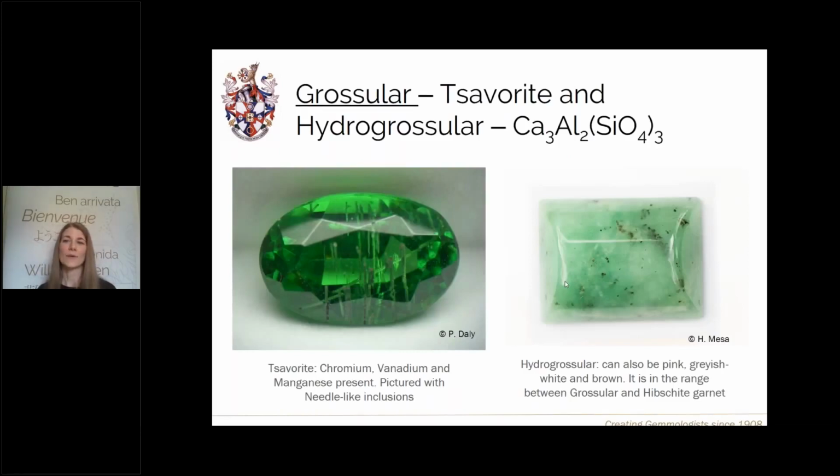Grossular garnet is our next end member of our eugrandite series. And on this slide, you can see tsavorite and hydrogrossular garnets. The tsavorite is our garnet on the left. It's a bright green garnet, and its coloring mechanism is actually quite complex. So I'm not going to go into it in too much detail, just to let you know that chromium, vanadium, and manganese are present, and they're in various concentrations, and they all kind of work together to cause this green